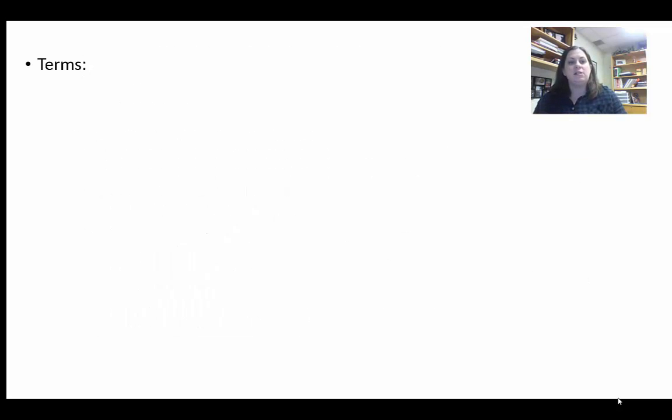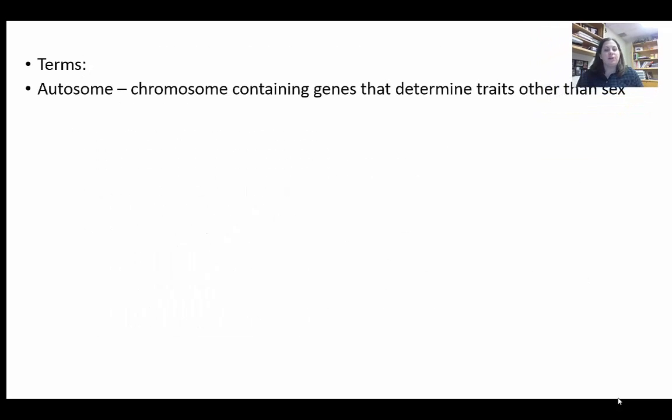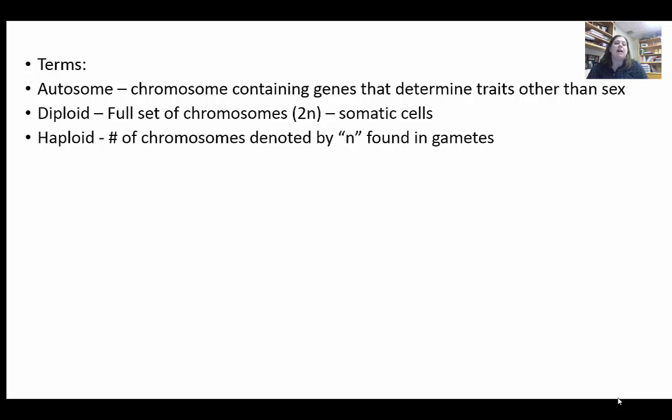All right, so now let's look at some terms, guys. With terms, you need to know what an autosome is. Autosomes are chromosomes containing genes that determine traits other than sex. So these are the non-sex chromosomes. Diploid means you have a full set of chromosomes, 2N. Remember, the cells that have 2N are your body or somatic cells. Haploid is the number of chromosomes denoted by an N found in gametes, meaning you have half the number of